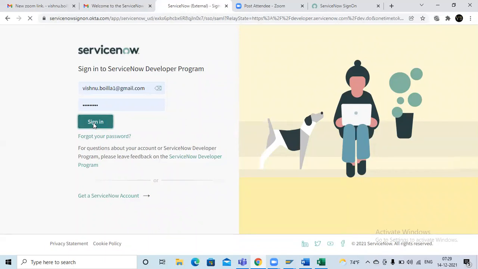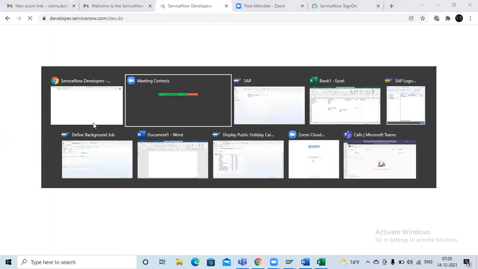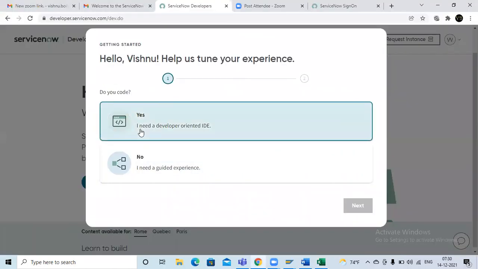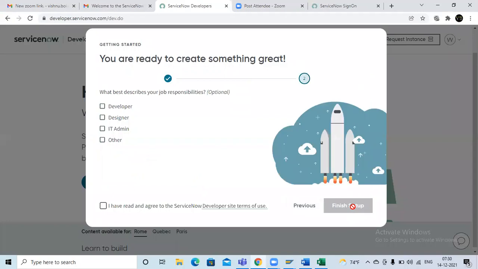So guys, you have to remember one thing. Now, who will create the account in ServiceNow? System administrators, because system administrators are the head. Under the system administration, they will create the users. They will create the users means these persons will create the end users, FI consultant, all the users will be created under system administration. Okay. Now I have created one account too. It means now I am the system administrator.